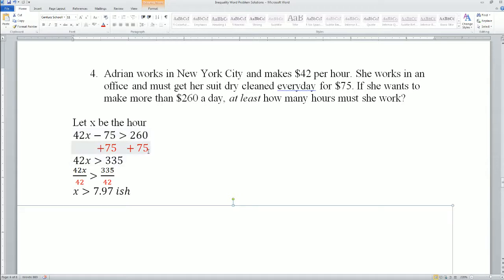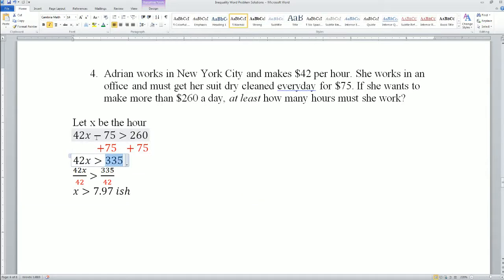Add $75 to both sides, because the reason why it's a subtract is because it's costing her that much money. And she wants to make at least that much, so she can make more. So once you add 75, it becomes 42x is greater than 335. Divide by $42 per hour because you're trying to get it to 1 hour, and x has to be greater than